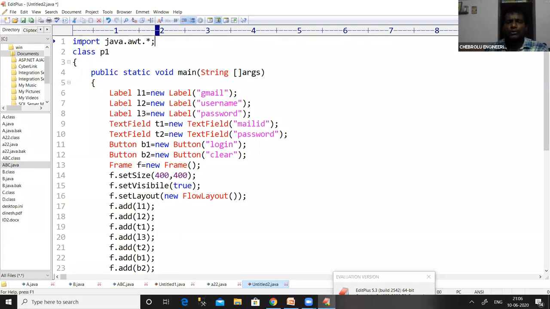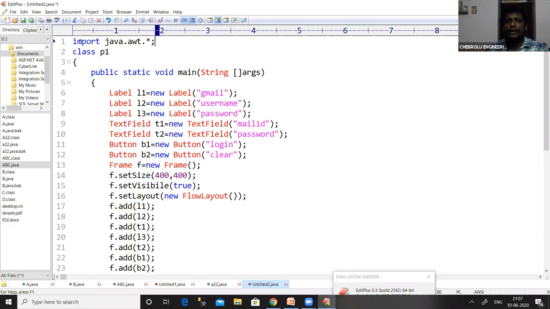We know that in any programming language, whether C, C++, Java or any other, while defining a particular method, we have to mention the return type of that method. If it is returning an integer value, we have to maintain int as the return type. When it is returning a float value, we maintain float. And when the method is not going to return any value, we mention it as void. Similarly, in Java, this main method is going to return nothing. That's why we mention the return type of the main method as void.